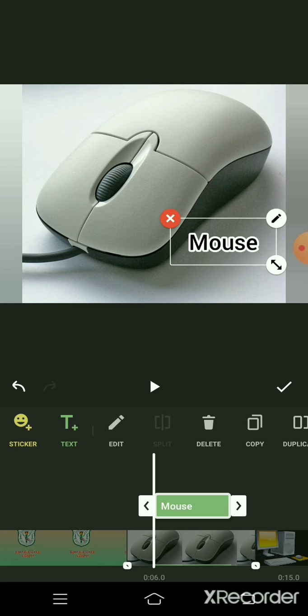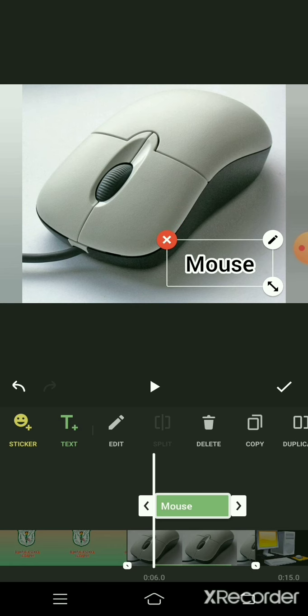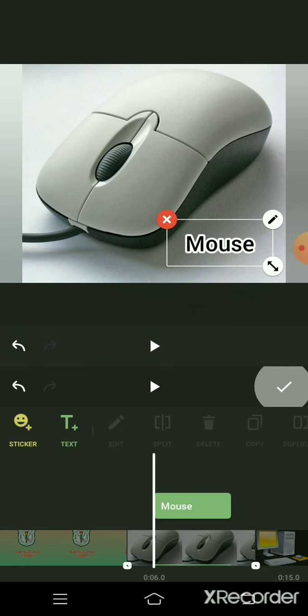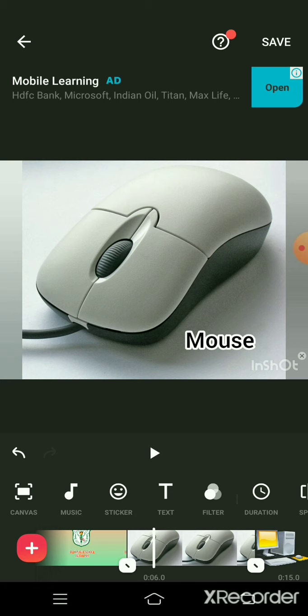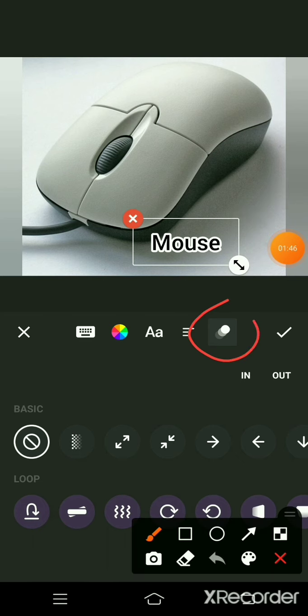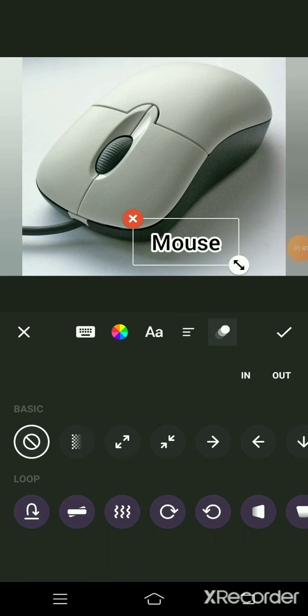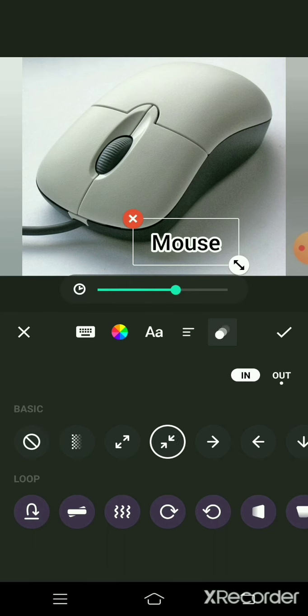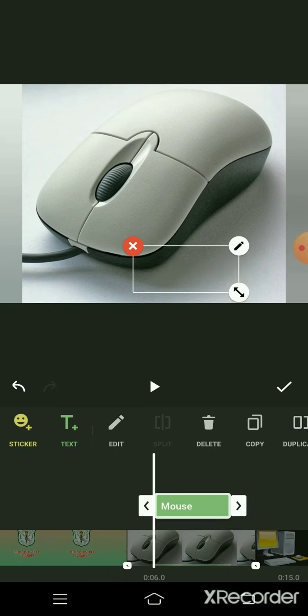Even if you want to add some animation to the text, you can add it by clicking on this button. You need to click on this one, and from here select which type of transition you want. Like this, the transition or animation will come in the text part, and then you need to click on the right button.